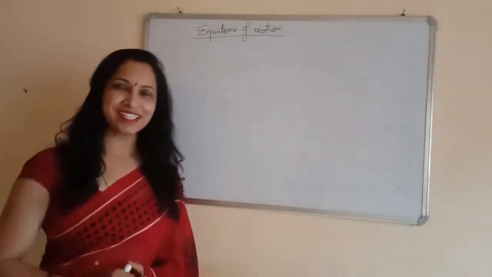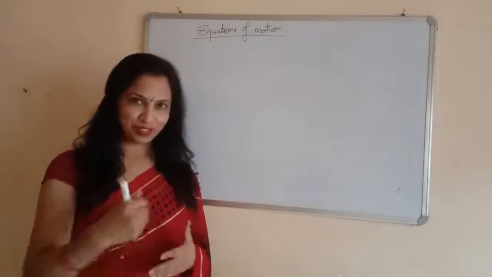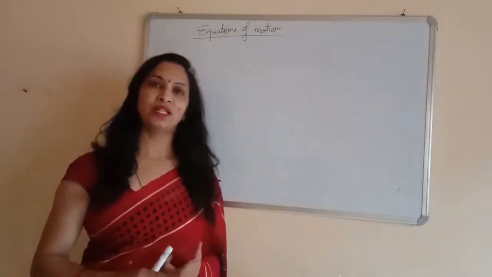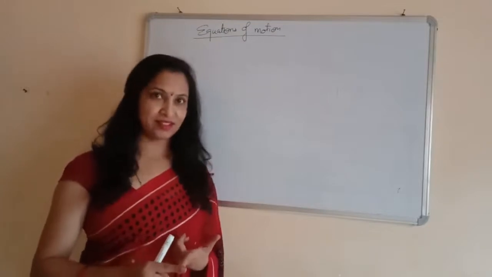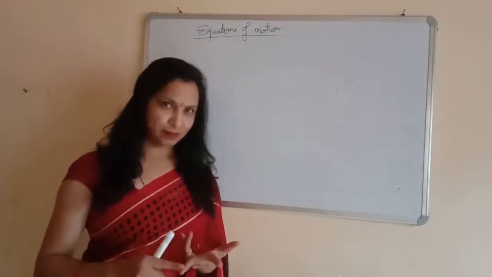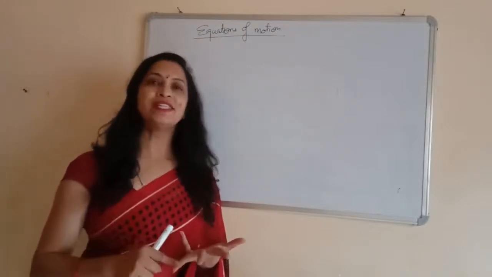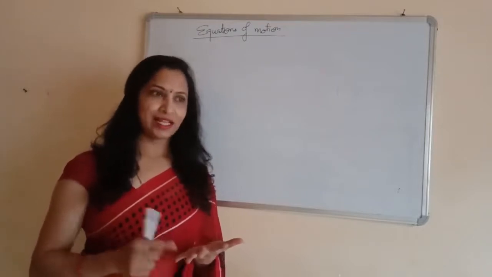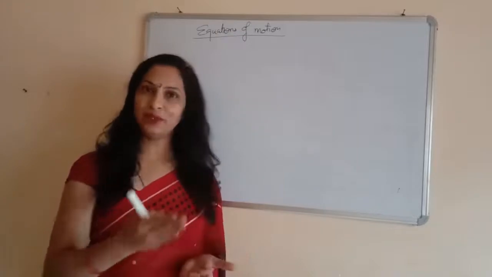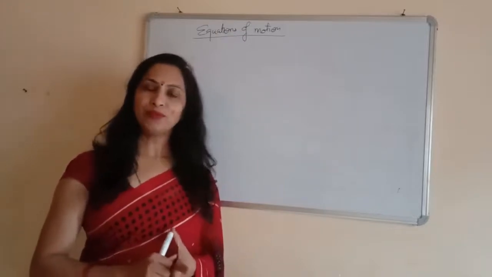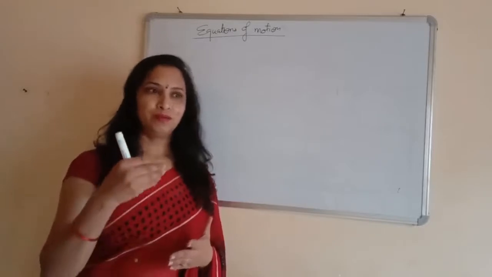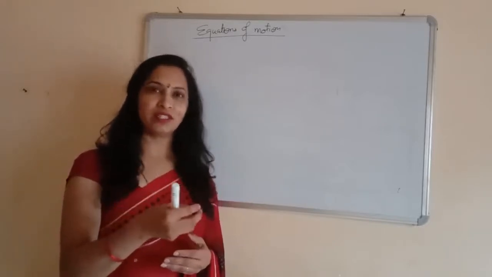Good morning, students. Now let's start the next part of the chapter, that is the equation of motion. We have learned about the scalar and the vector quantities, distance and displacement, speed and velocity, and about the acceleration. The acceleration and velocity can be uniform and non-uniform. Now we have to do some numericals which are related to the motion of a body which is having a uniform